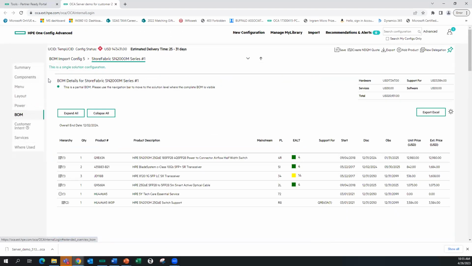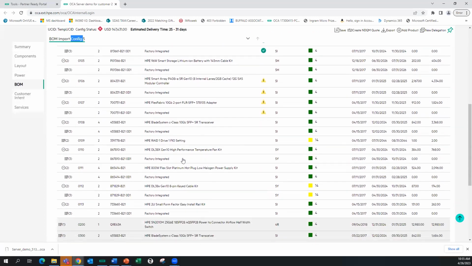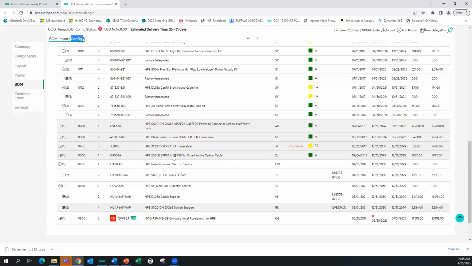Let's go back to BOM. If I go to BOM, I see just the switch and nothing else because I'm not at the top of the configuration. So if I click on the top of the config, I have my 2 servers, and then I will get the color change to indicate here's a separate configuration, and there's my switch, and then my services and my